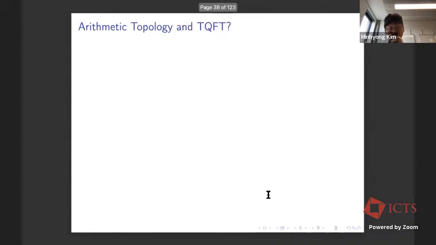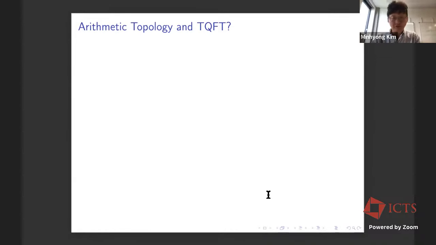Maybe I'll just also briefly mention, although we're not going to really stress that in this talk at all, how one sets up an arithmetic topological quantum field theory. So this is how it would go. This entirely mimics what happens for manifolds. And of course, I haven't defined it in that setting as well. So I'm sort of defining it all at once by just discussing it in the arithmetic context.